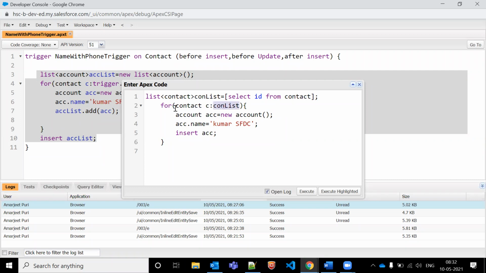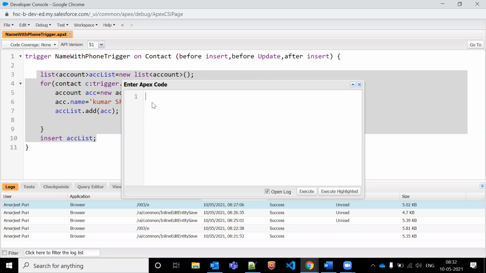Contact C, for loop, integer i equal to 0, up to 200.